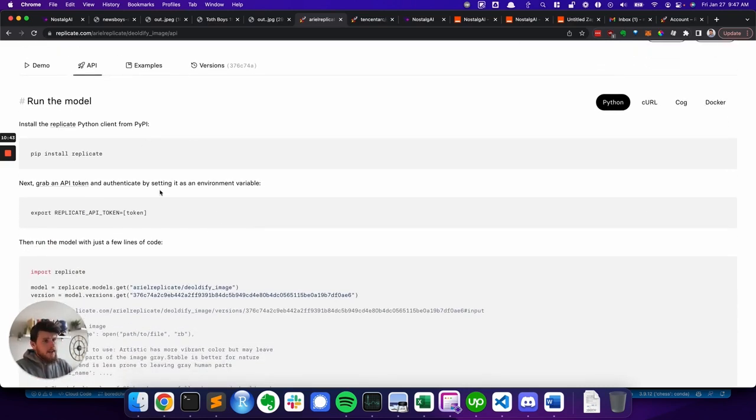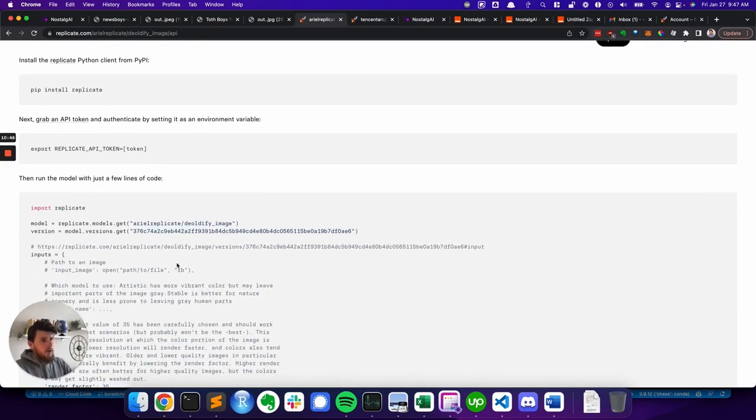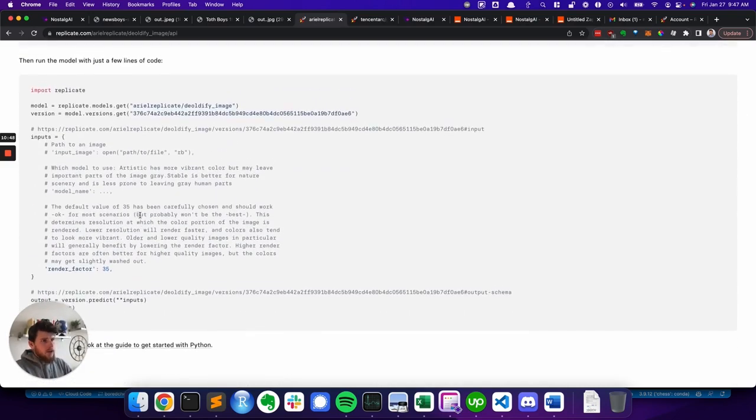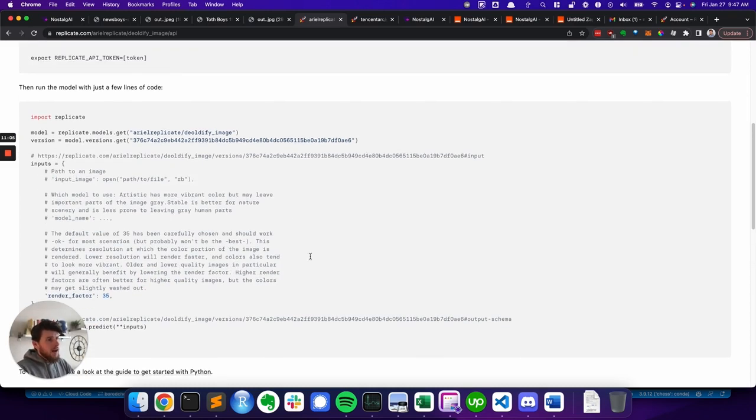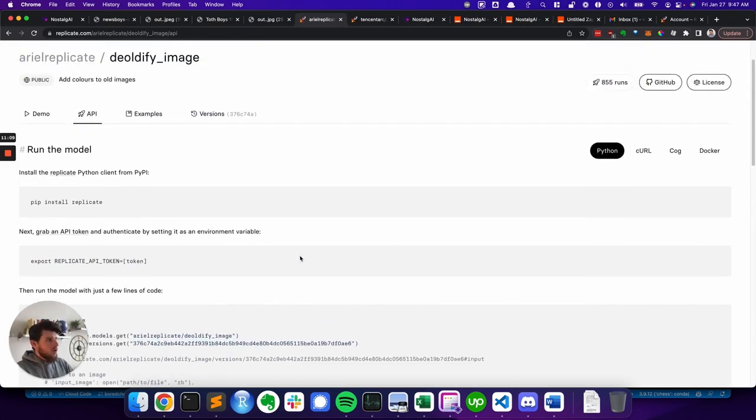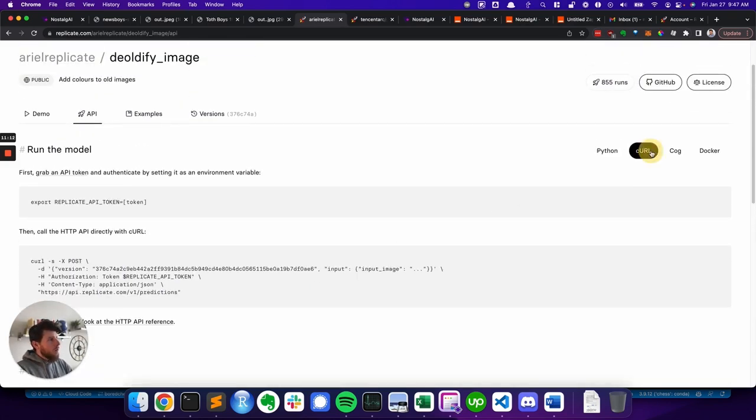So what they're showing here is Python code. We're not actually going to be using Python code, so you can read through this to get an example of the various things that we need to pass. We basically have to give them these field inputs, an input image, and then model name and render factor. Some of these are optional, but you have to understand the structure of the data that you want to send over there. But what we're actually going to be sending is just an API request, and it's going